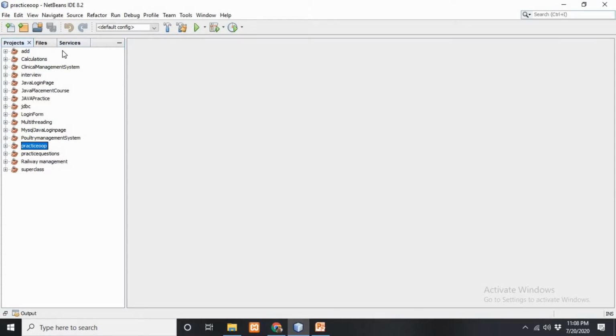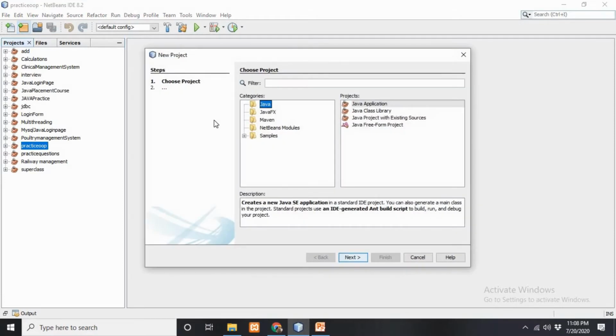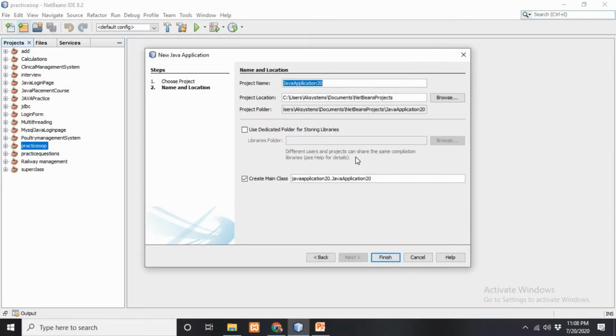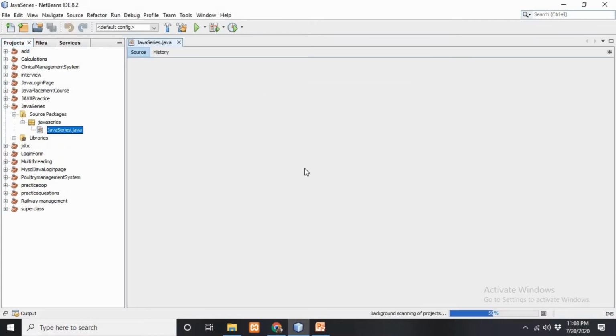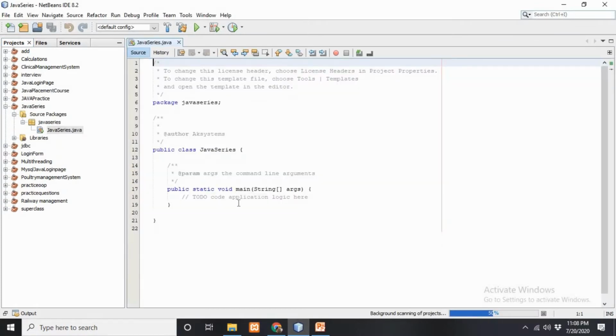I am using NetBeans 8.2. You can use any editor that you like. So create the first project, that is Java series. Press finish, and our project is ready.